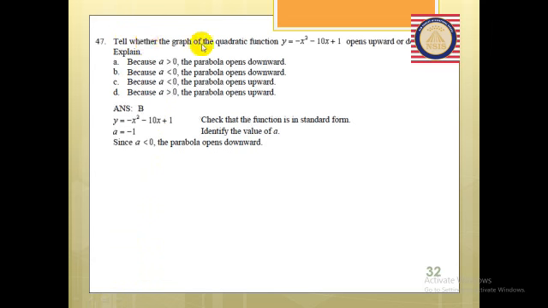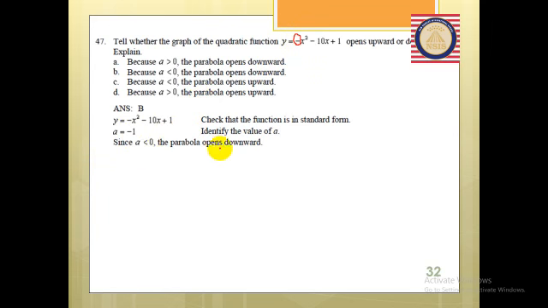Tell whether the graph of this quadratic function opens upward or downward. For knowing if it opens upward or downward, I'm going to look at the coefficient of x to the power of 2. What's the coefficient of x squared here, or what's the a here? a equals -1. So if the a, the coefficient of x squared, is smaller than 0,